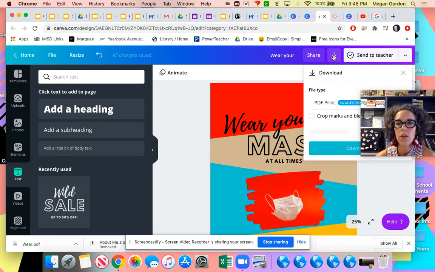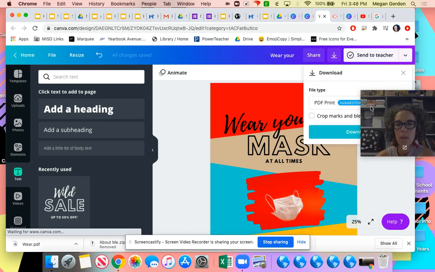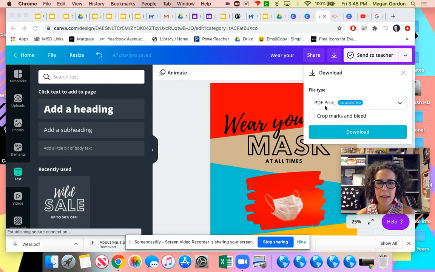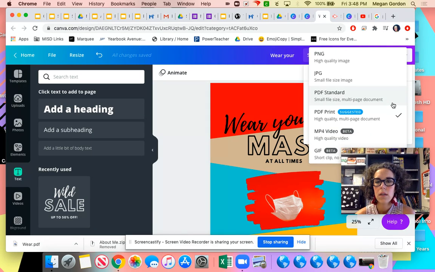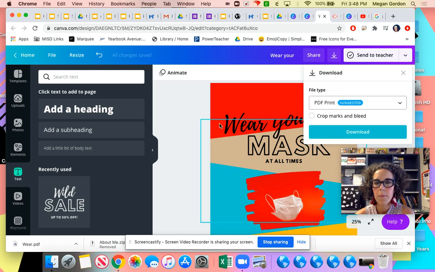So you're going to hit the download button, and we're going to learn later about our different file formats, but if this is going to be printed off, a PDF would be great. Once you have it in PDF form, it'll suggest what's best, so you can always go with that too. You're going to download it,